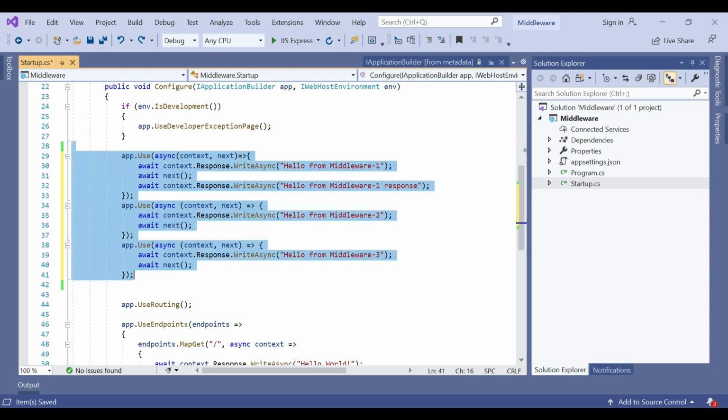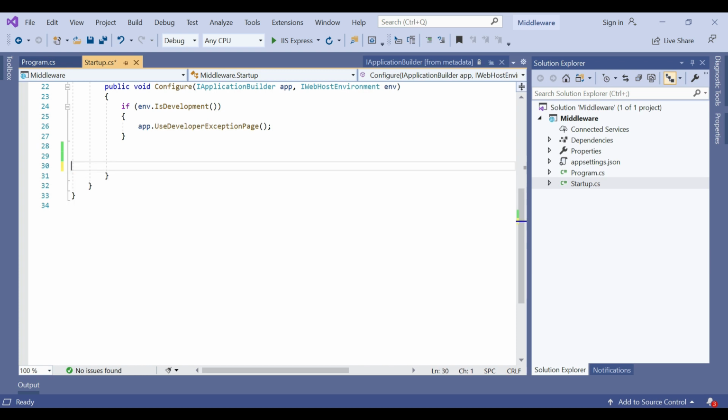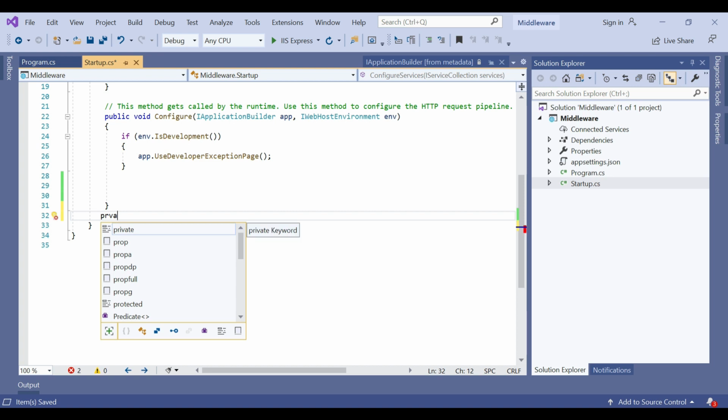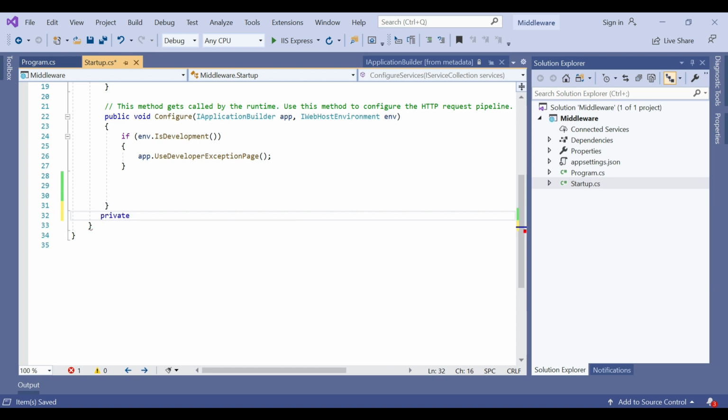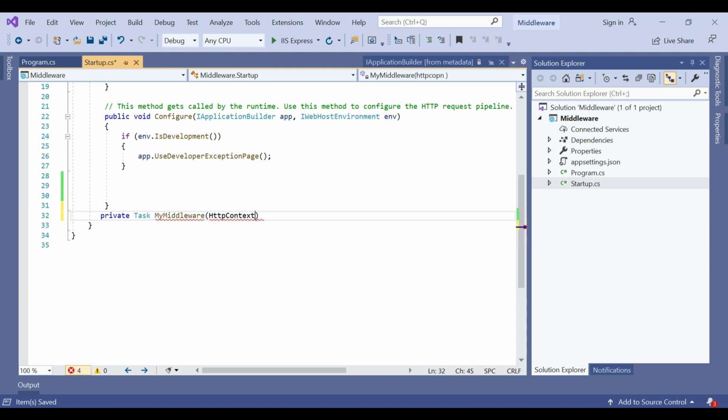and remove all the middleware that we just used. Also, let's remove all these things. Let's declare an extension method here. Private Task MyMiddleware, HttpContext, let's say it's context.